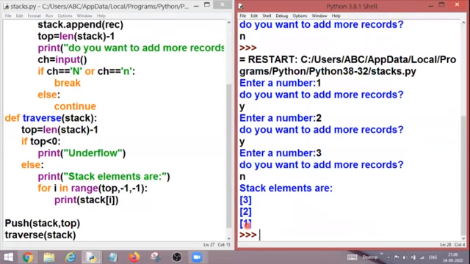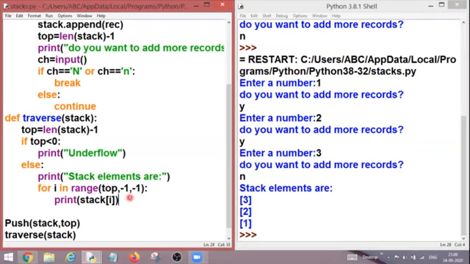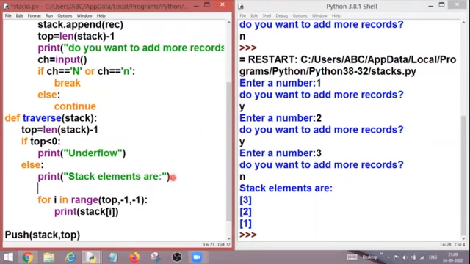Now what do I want? When the stack elements are displayed on my output screen, it should mark the topmost element. And how can we do it? We can just make some modifications in my traversal. How? I can write over here print stack of top. So if top is calculated as 2, then stack of 2 will be printed over there, comma.